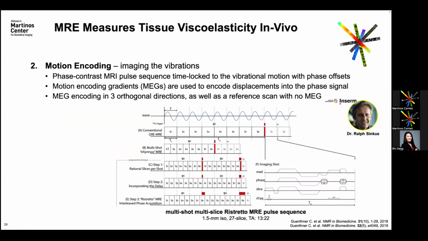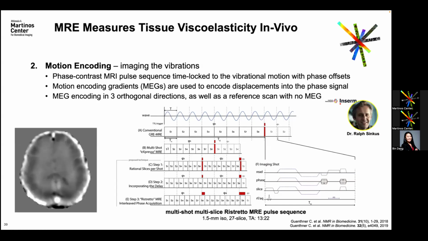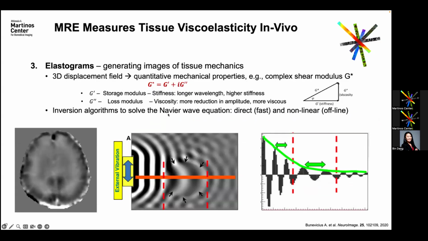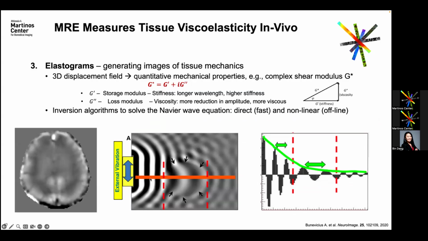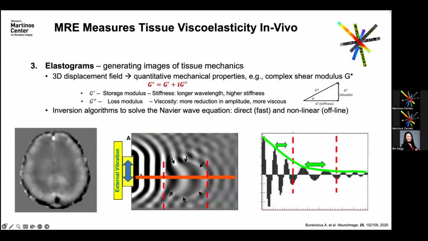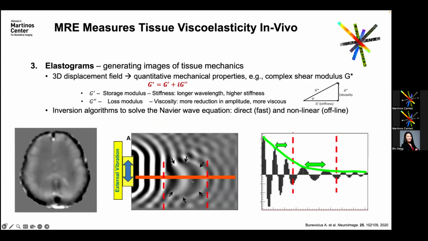And we use motion encoding gradient to measure the phase shift at several different points on the sinusoidal wave to help reconstruct the shear wavelengths, which is correlated with the stiffness of the brain. And the phase image, once propagation at different phase, looks like this. And from here, we can solve the Navier equation, and you can see here if there's a solid inclusion in the medium, the wavelengths increase, and from the shear wavelengths information, we can calculate the